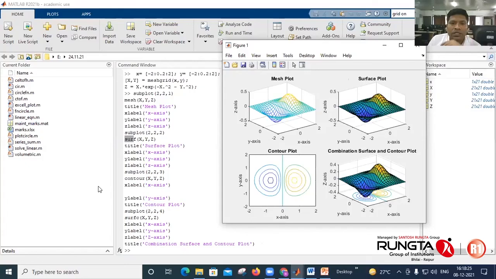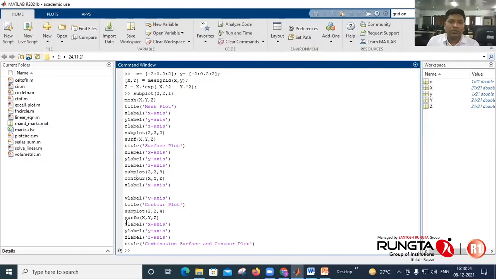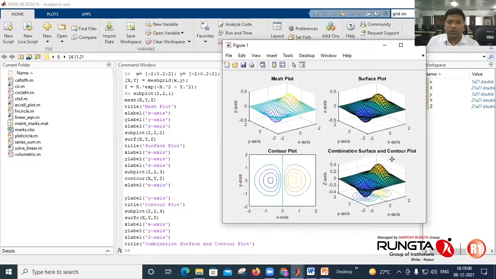Okay. Then third location, I use contour. Contour XYZ. So it is showing only the contour there. And position 4, that is 2 to 4, while plotting, instead of contour, now I type there surfc, surface with contour. So accordingly it generates the surface also, and it is showing the contours there.